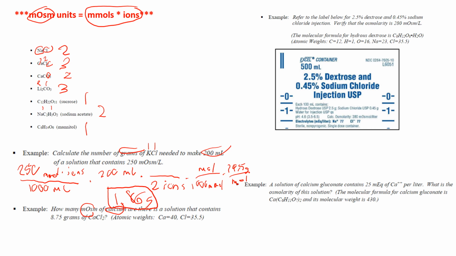Basically, the key to this problem is knowing that there's 3 milliosmoles total, or like a solution will contribute 3 milliosmoles of ions, based on the fact there's 2 chlorides and 1 calcium. So we can begin getting started with this. If we start with our 8.75 grams times, we will need a molar mass for this, so we'll do 40 for the calcium and then 35.5 times 2 for the chlorides. That's 111